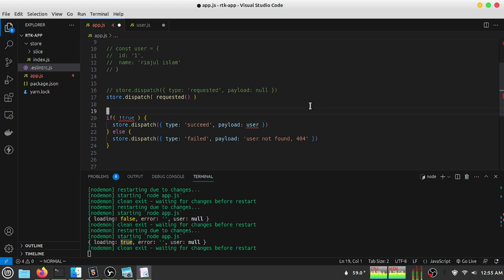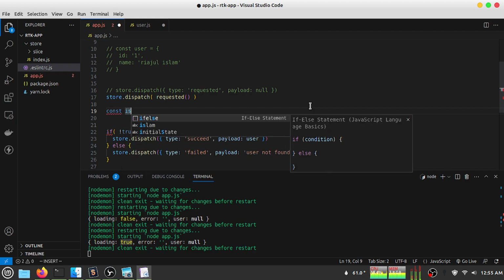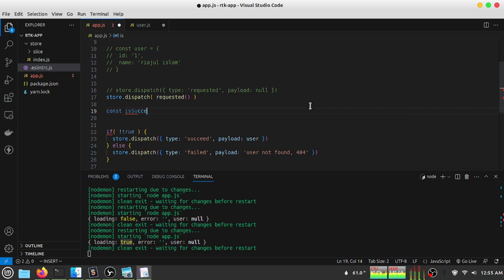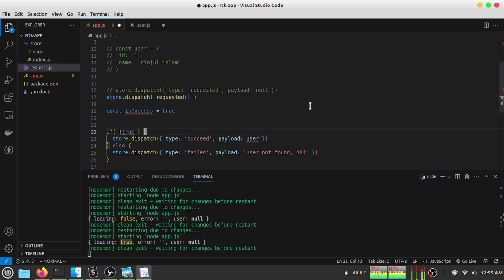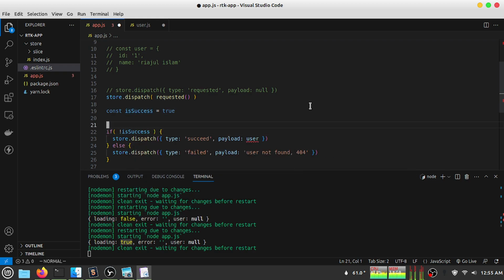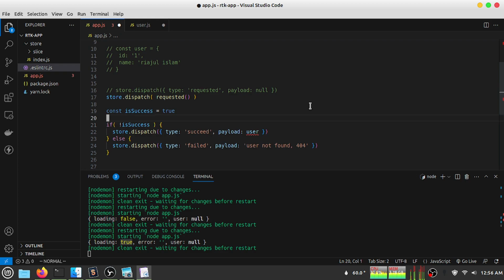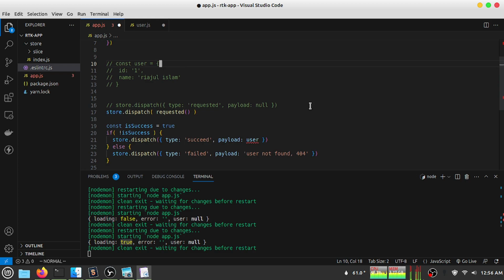Actually it is throwing an error. Let's create a variable here, isSuccess, then I type true, and then I can use it here. This way the error warning will be gone, because when we pass true directly here, it will always be true. So now in success I need to pass the user, so I have to uncomment the user here,